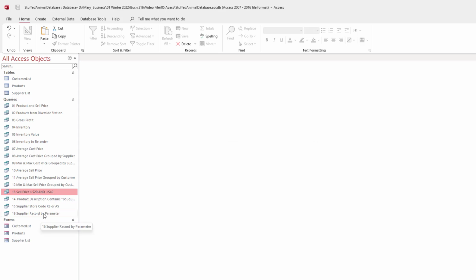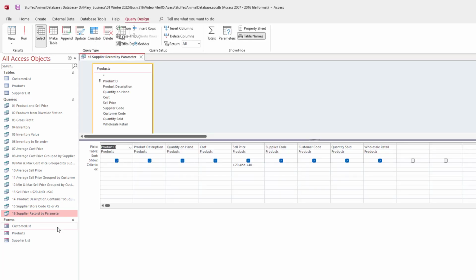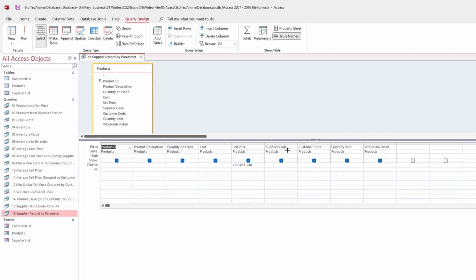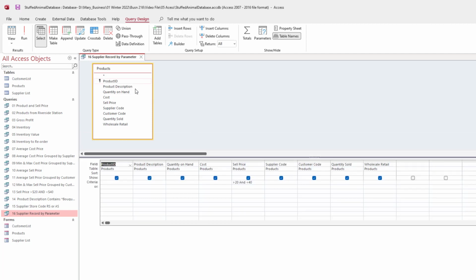So we will open this in design view. So I'll right click that, click design view, and now that opens in the design view. I will click to drag my query design grid a little bit down, and now I can see my fields right here. And here from the sell price field column, I will delete the criteria that we had, and we will create our new criteria, which will be our parameter on the